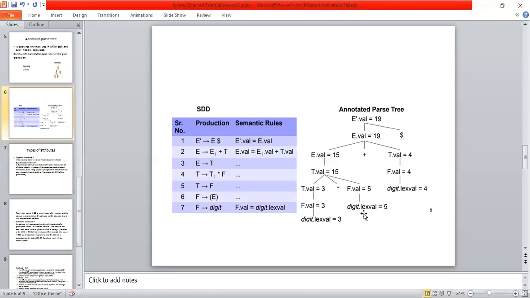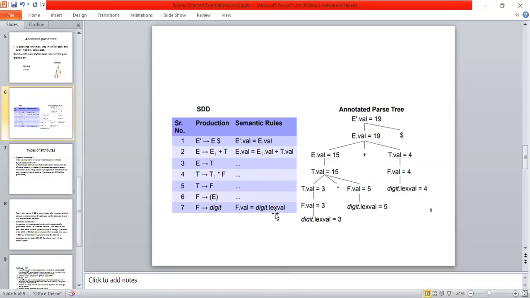This F is replaced with digit dot lex value, and here T is replaced with F dot value, F is replaced with digit dot lex value. So the right side values are replaced with their equivalent left side values to evaluate the expression.